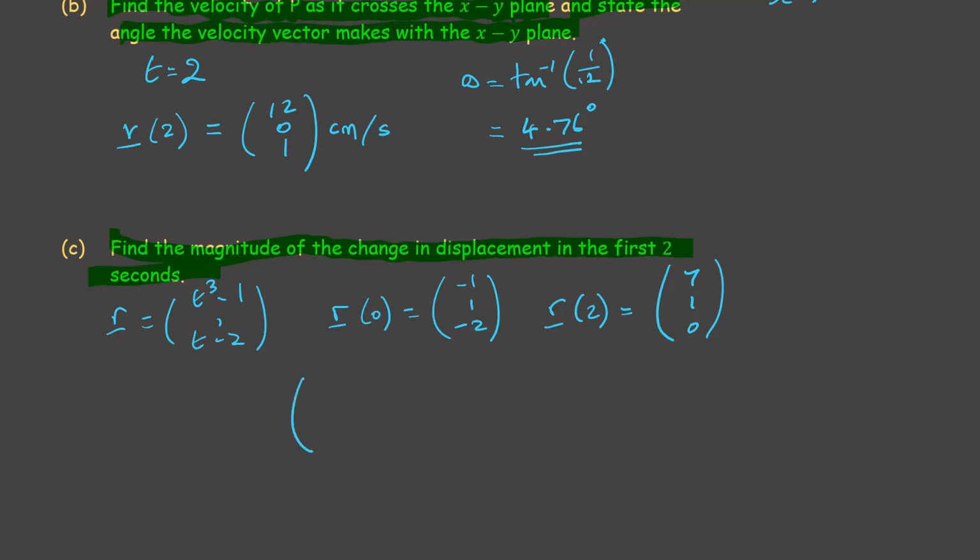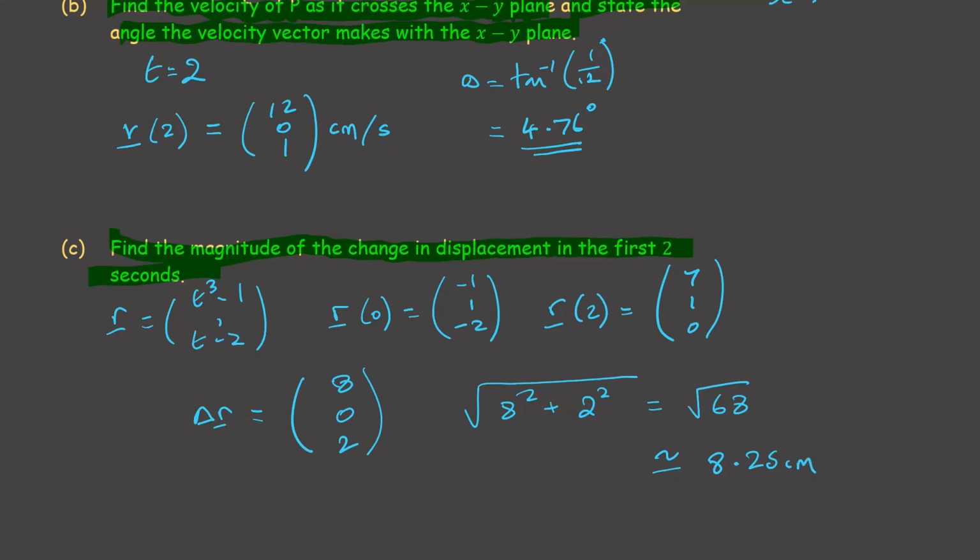So the change in displacement is going to be, well, we're going negative 1 through to 7, which is 8, no change in y, and negative 2 to 0 is 2, so it's just going to be the square root of 8 squared plus 2 squared, which is the square root of 68, which is about